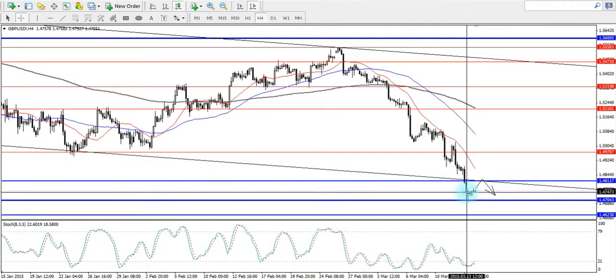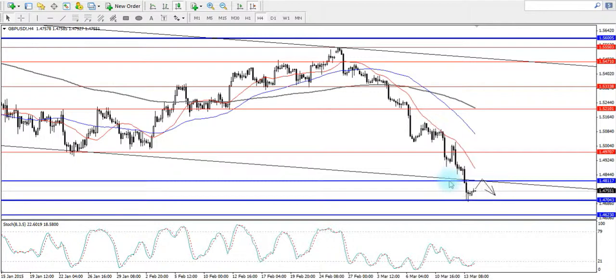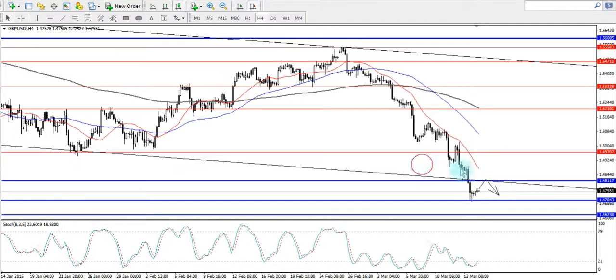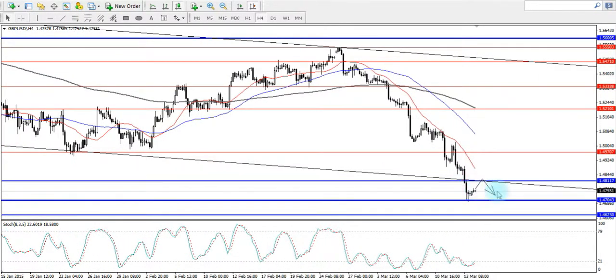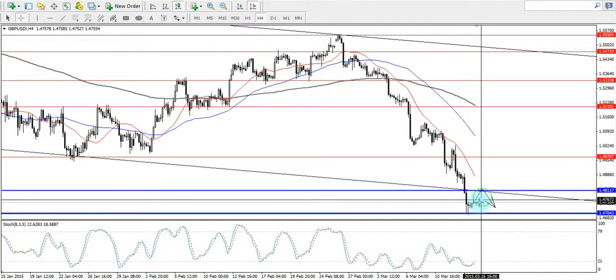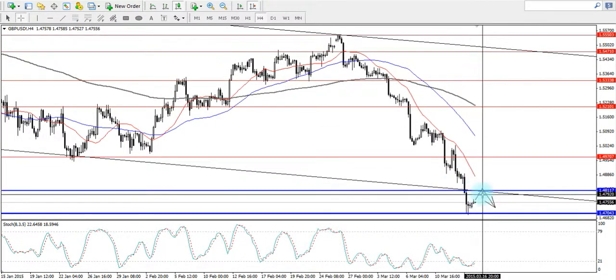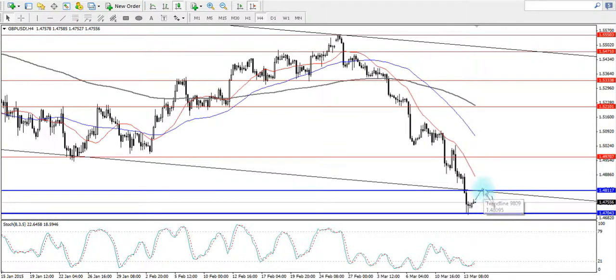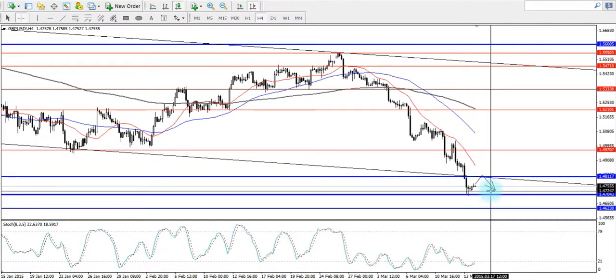Price fell and got supported at the key support level at 1.4704. At the same time, price has also broken below support level 1.4811, given the expansion level of 141.4%, as well as broken below a probable falling trend channel. So we are waiting for price to retrace back to the bottom of the probable falling trend channel, as well as the previous support level at 1.4811, to wait for a short opportunity